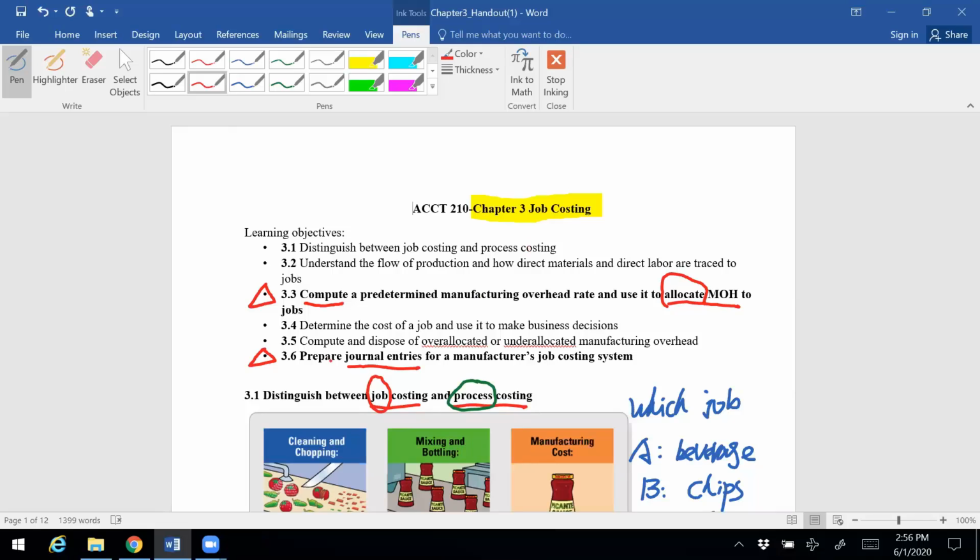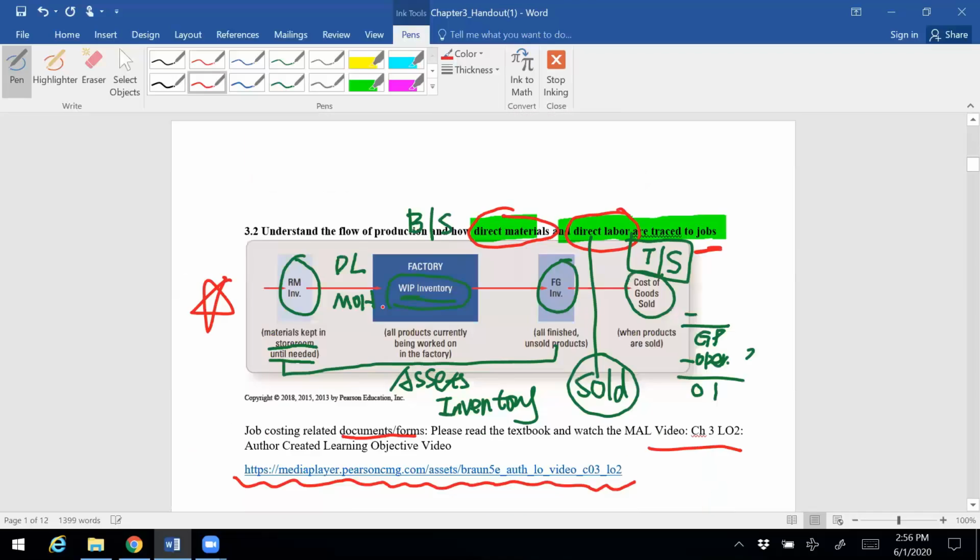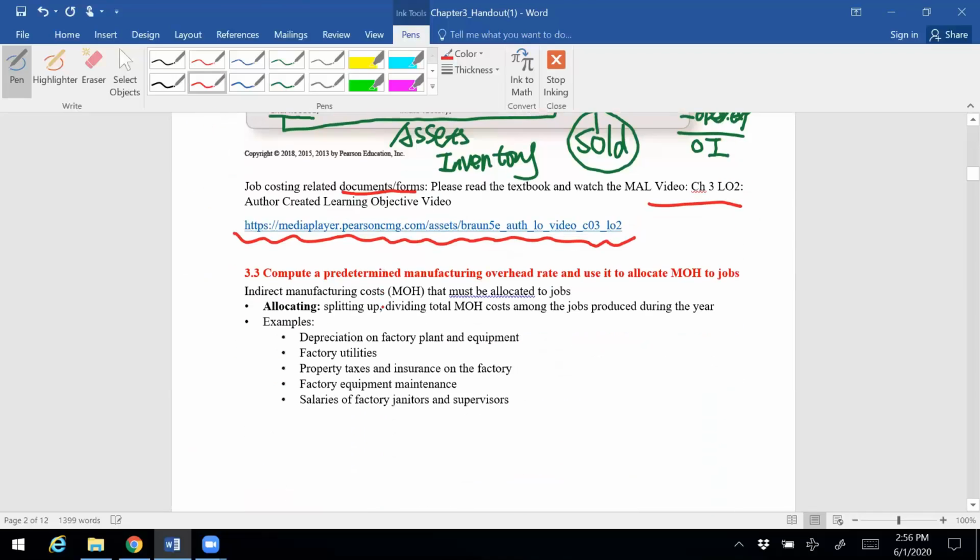So today we start focusing on the main part, learning objective 3: compute a predetermined manufacturing overhead rate and use it to allocate manufacturing overhead to jobs. So now let's get started, okay? This part is very important. I would say you definitely will have